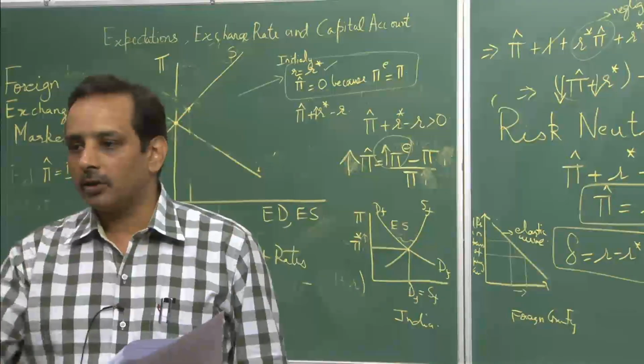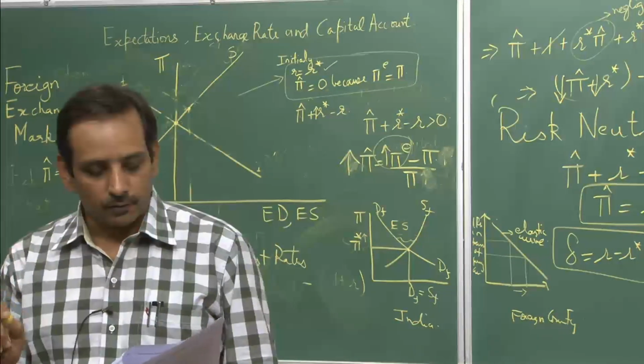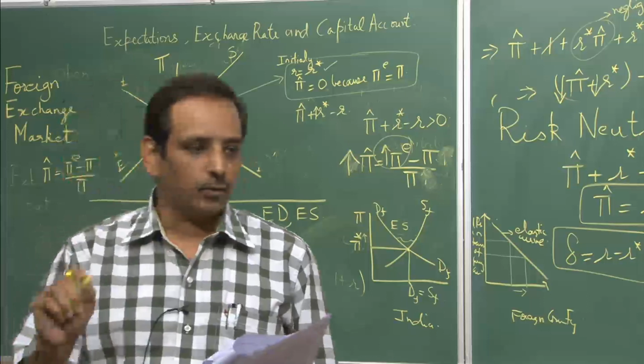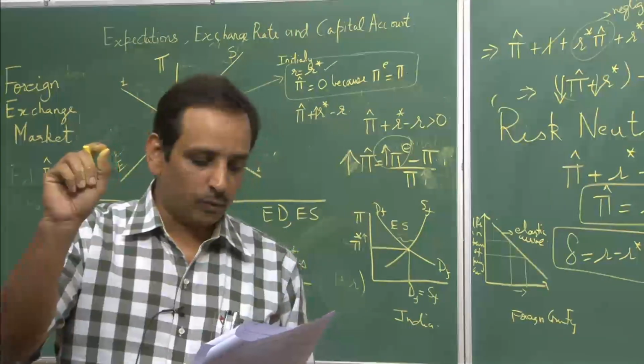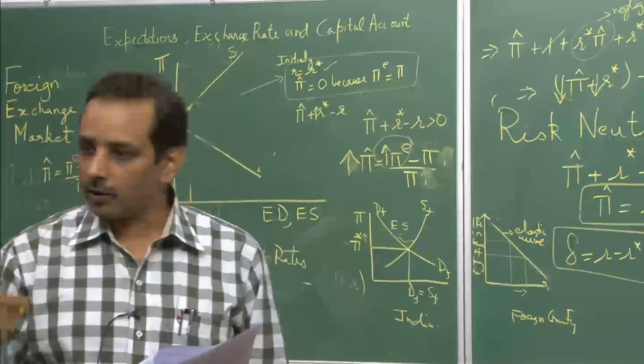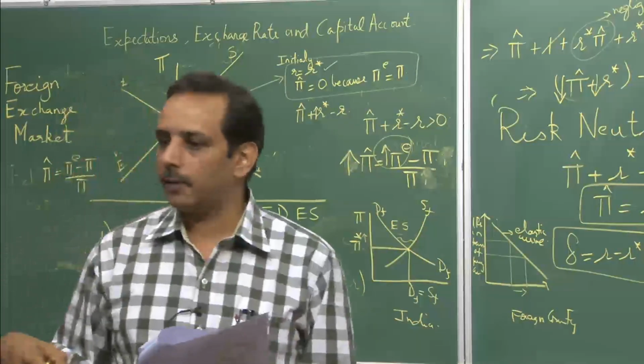Reason? Because earlier your exchange rate was P dash, it was expected to go further to P star, that means